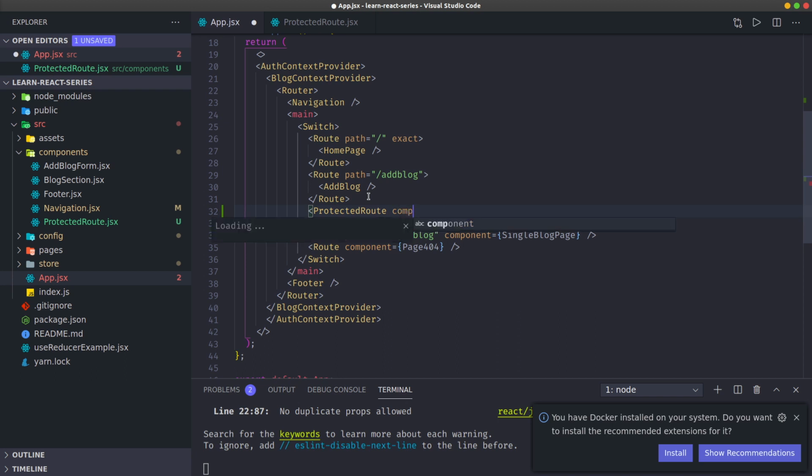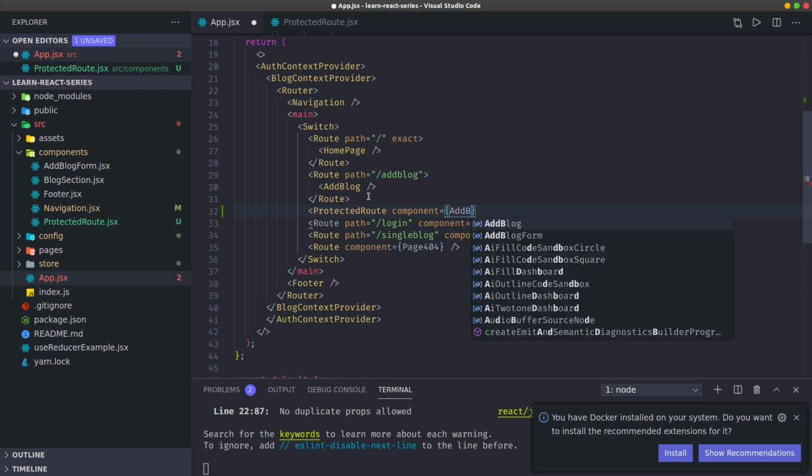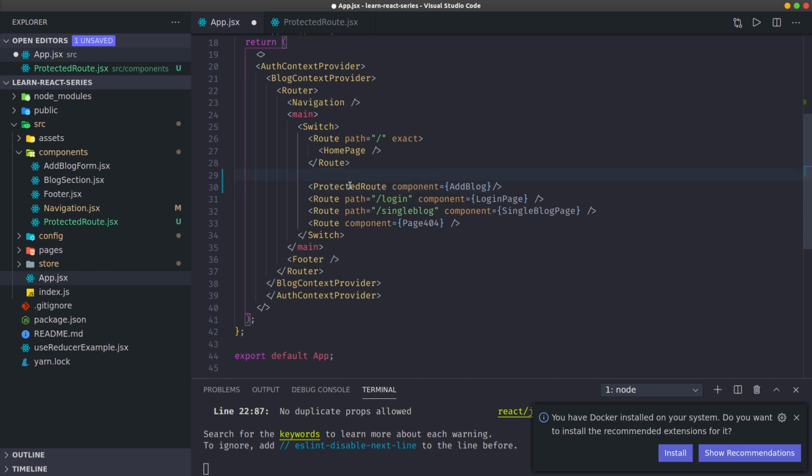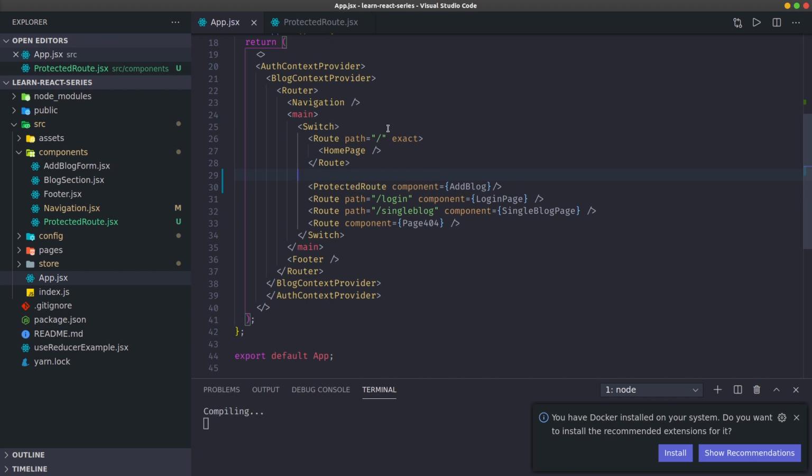I can say component equals to, in brackets, the add block page. Good. It still works the same way, it still works the same way, but the difference is this protected